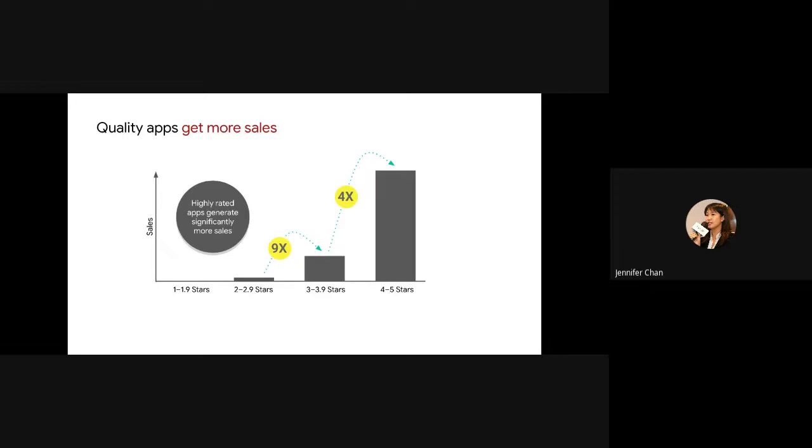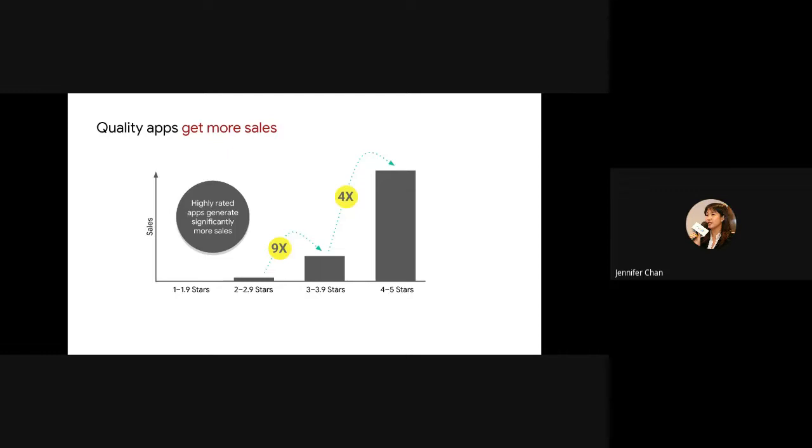Does it consume a lot of battery? If your app is at 2-point-something and you can get it to 3, that's actually a 9 times jump in sales. And if your app is at 3, getting to 4, you can expect a 4 times jump, because rating itself gives users confidence to install your app.